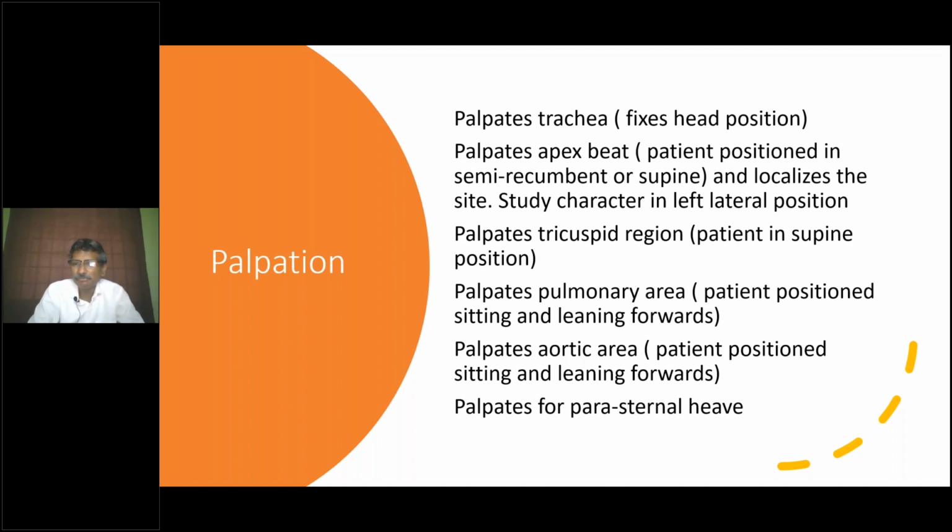Now going to the palpation of parasternal heave. I could not get a picture there, but I'll just show it to you here. For palpation of parasternal heave, you can use the base of the palm or the ulnar margin. What you are actually palpating is the left parasternal region. You put the base of the palm like this and press, or you can use the ulnar border of the hand, keep it like this and press in the left parasternal region. This is the technique.